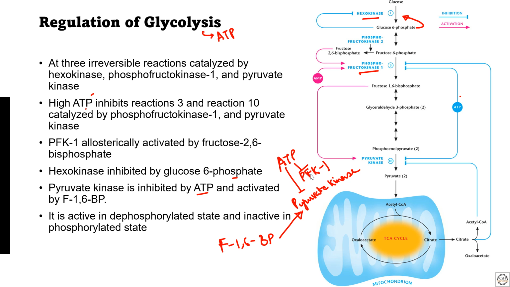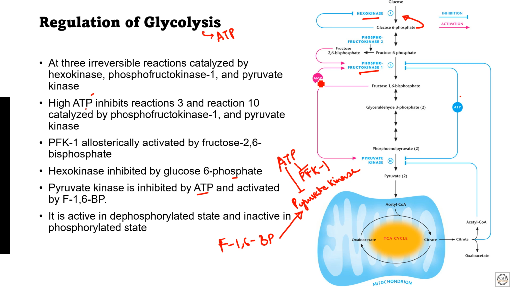So these are the points you need to understand. These arrows which are shown in red, so fructose, these are activating the enzyme. Fructose 1,6 bisphosphate is activating pyruvate kinase. ATP is inhibiting pyruvate kinase. ATP is also inhibiting phosphofructokinase 1. And AMP, ADP, all of these will